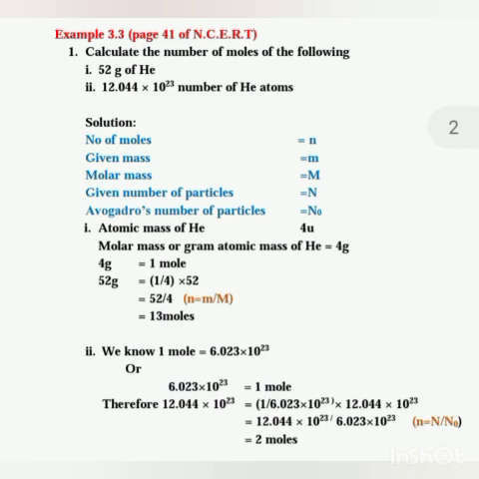If you do it by the unitary method, automatically you will get the formula, because here we are finding the number of moles, and number of moles is given by small n. So here you will get 12.044 divided by 6.023. Number of moles is equal to 12.044, which is the given number of particles. In the formula I have written capital N here, divided by 6.023, and this 6.023 is Avogadro's number, which is shown by capital N0. So in the formula I have written capital N0.